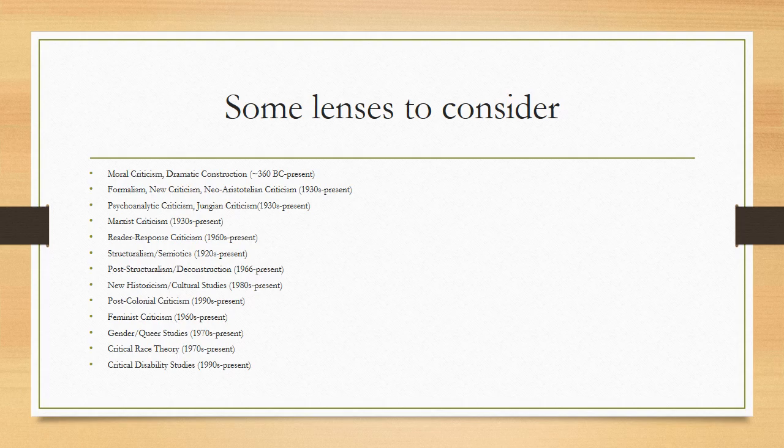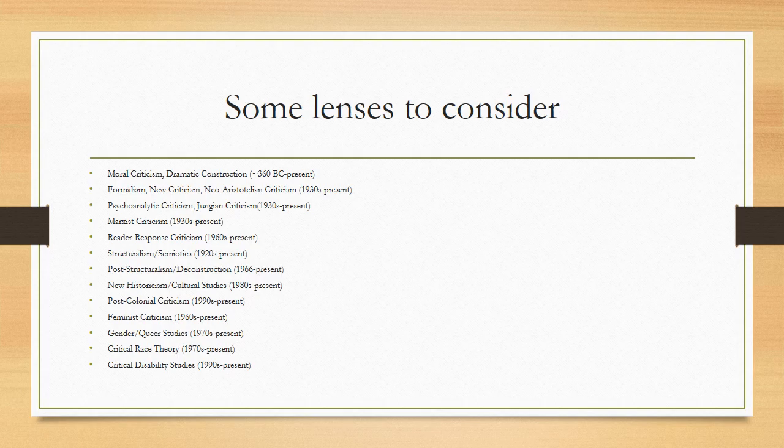And if you go to that link on Canvas, you'll see all these listed out, and you can click on them to learn more about them. The thing I like about this website is the summary of each one is just one to two pages. It's very short, so you can learn a lot about this lens or this method in a very short amount of time. To give you some examples,